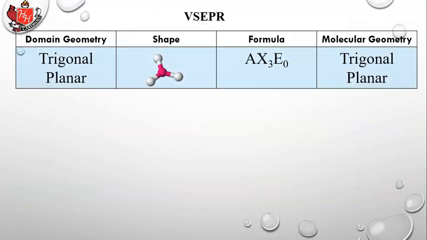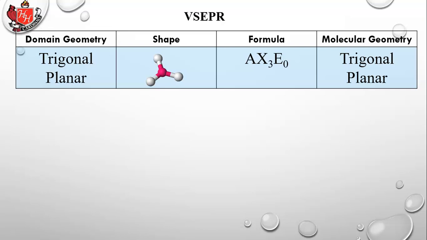Okay, now we're going to go on to where we have 3 domains. So the domain geometry means trigonal planar means that it has 3 total domains. They could be bonding, they could be non-bonding. So in this example right here, you see that all 3 of them are bonding. AX3, meaning they're all bonding. You don't have any non-bonding. That's the E0. And we said that when that happens, the domain geometry and the molecular geometry will have the